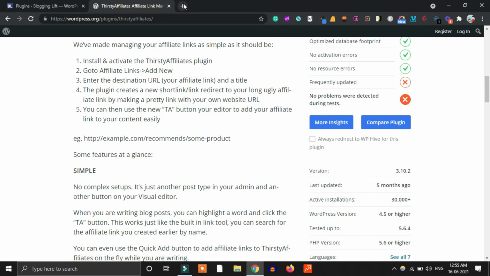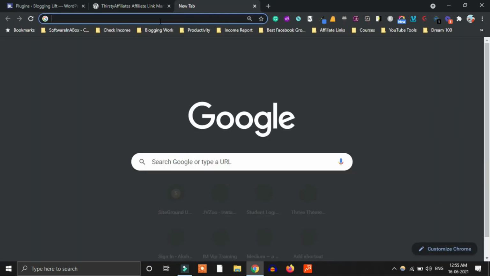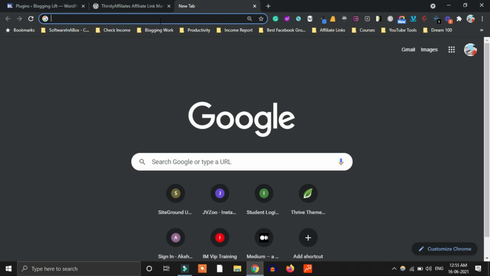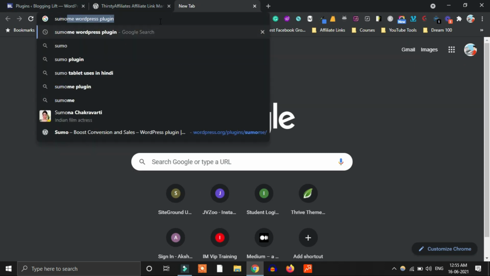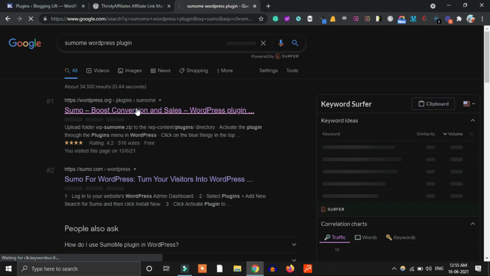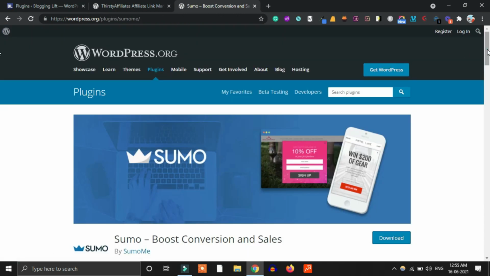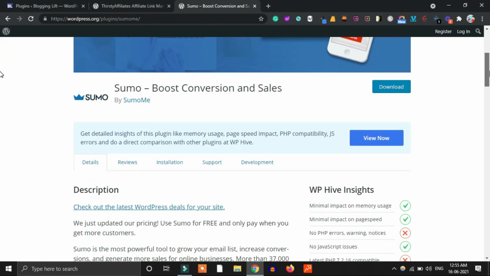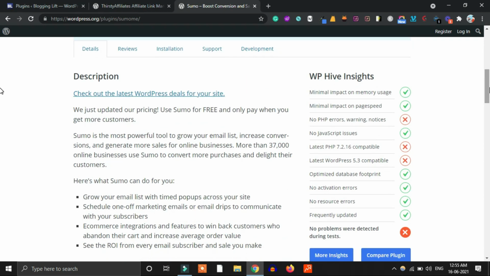Similarly, you can search other plugins, for example the Sumo Me plugin. Many bloggers are using this plugin, so let's check whether it is affecting our website speed or not. I have opened the wordpress.org page of the Sumo Me plugin, and as you can see, it is not affecting page speed, but there are lots of errors in this plugin, like PHP errors and warnings.